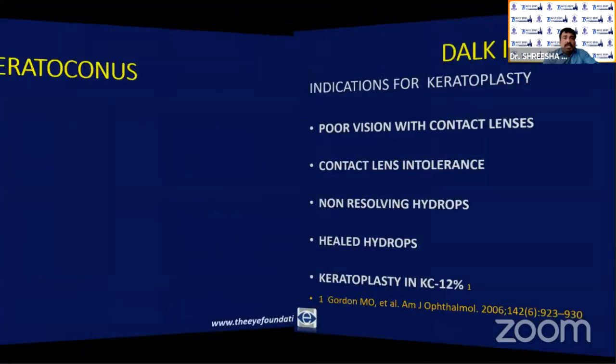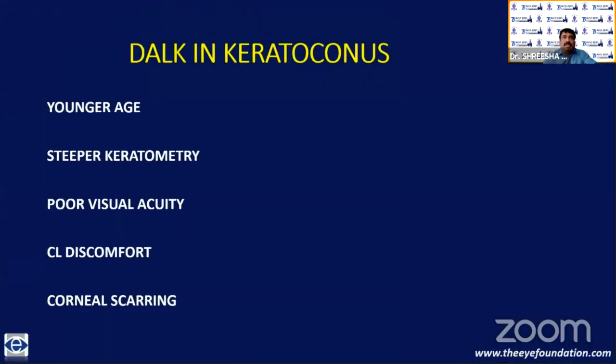Younger age, steeper keratometry and poor visual acuity, corneal scarring due to various reasons like post-CXL dense haze or scarring or melt or aborted melt or post-CXL infection, microbial keratitis, healed scar right in the center, Bowman scarring or deeper or Descemet scarring, contact lens discomfort and poorer vision related quality of life were identified with a higher likelihood of keratoplasty.